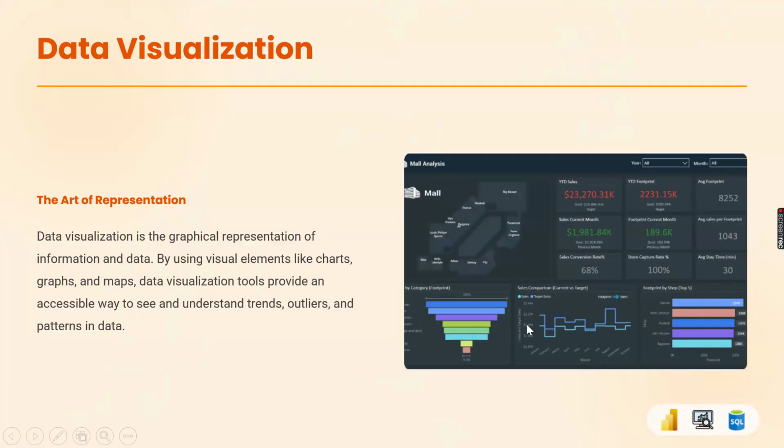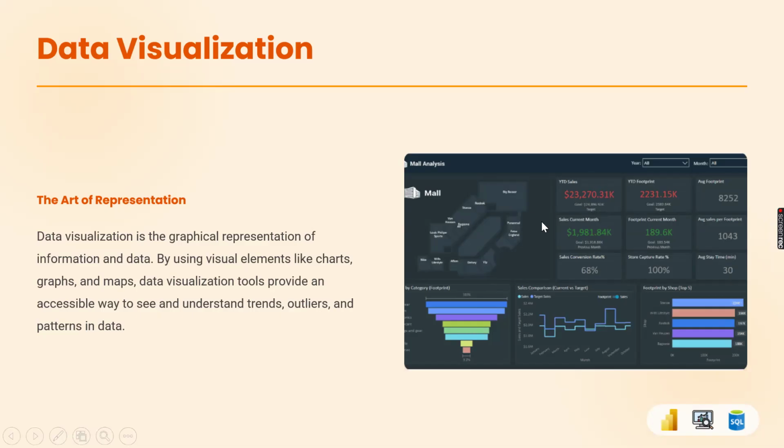I cannot go and blindly add something, right? The client will always look for meaning in what we are posting here. Many times I experienced that with the client, because the client will ask, okay, you added this, what insight is it going to give me? That is very important. For example, I am showing 1043 average sales here. How is it going to help them? At the end of the day, what insight this is providing and what decision they can take, that is going to play an important role.